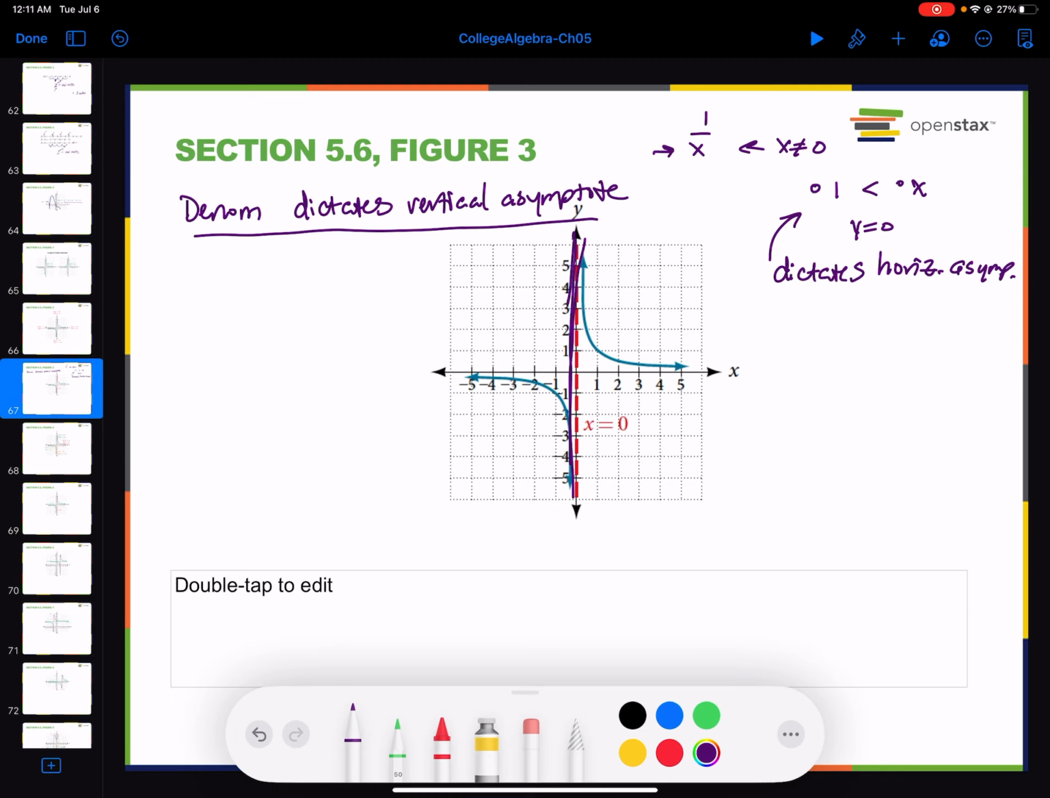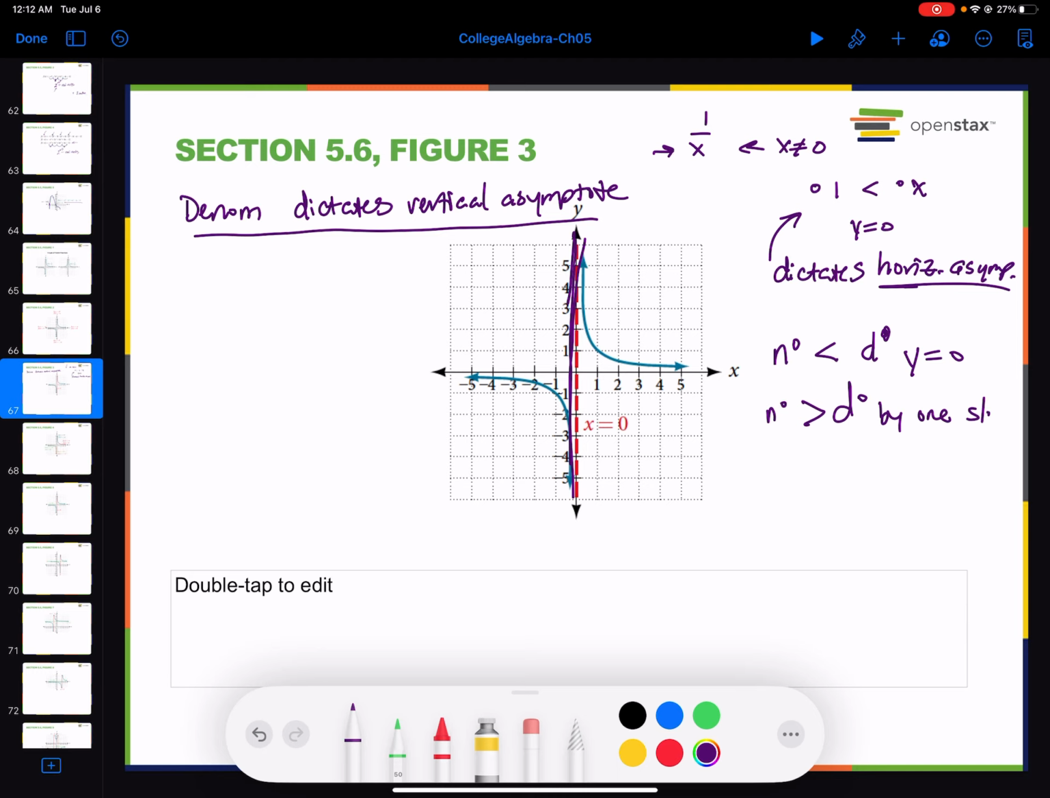And then there are some rules coming up that help dictate whether or not there's a horizontal asymptote, and where that is. One of the rules says that if the degree of the numerator is less than the degree of the denominator, then you've got a horizontal asymptote at y equals 0. The other rule says that if the numerator's degree is greater than the degree of the denominator by 1, then